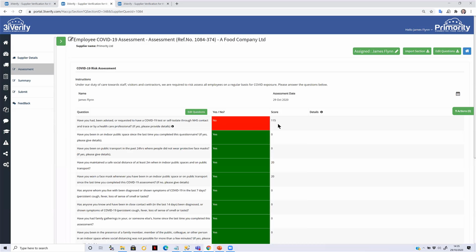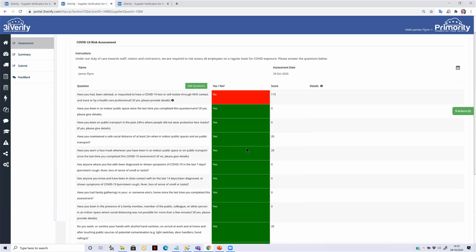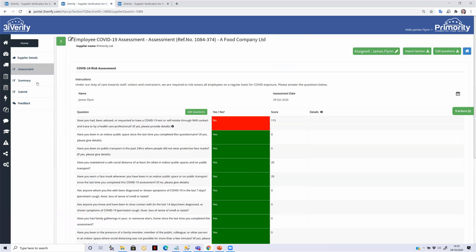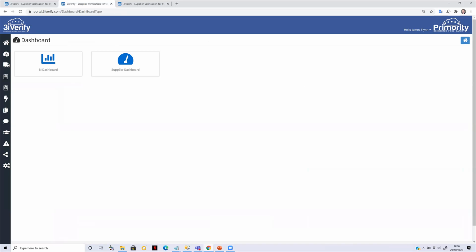Yeah, so again, you'll see the score feeding through there. And because this one got a no and a lot of yeses here, you can see that the overall score was 52%. We spoke about this earlier in the presentation. So with that in mind, I'd like to show you an example of how the data can be used,